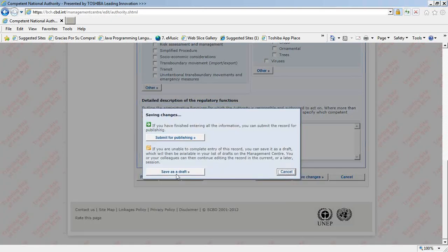and once I click on Save Changes, I have this new screen that says Submit for publishing or Save as a draft. If I want to continue working tomorrow or next week on this record because I haven't had the time to complete it now, I can just save it as a draft and I will see it later on my drafts box, and I will be able to continue editing. If I want to send it for validation for the focal point, I just press the button that says Submit for publishing. Once I do it,